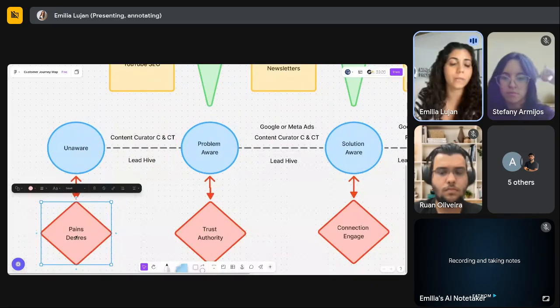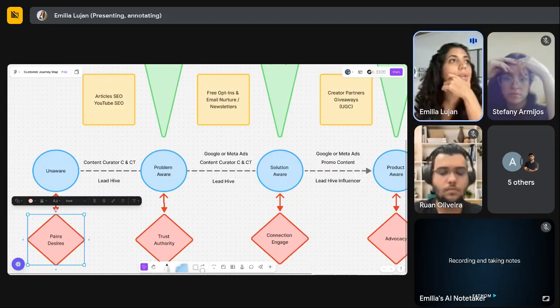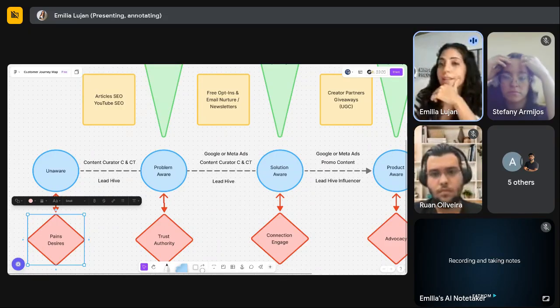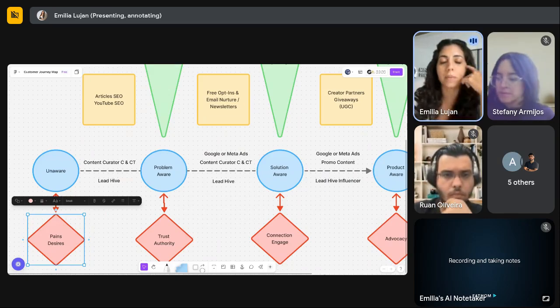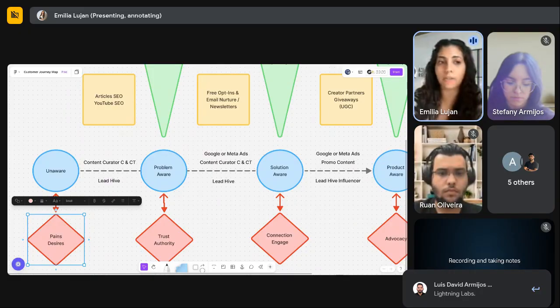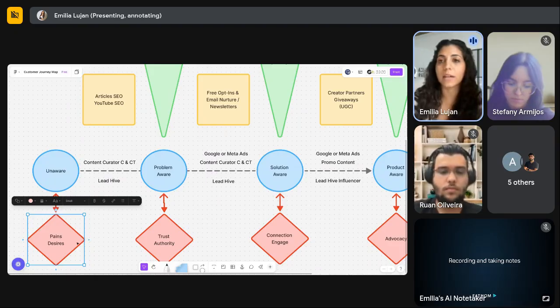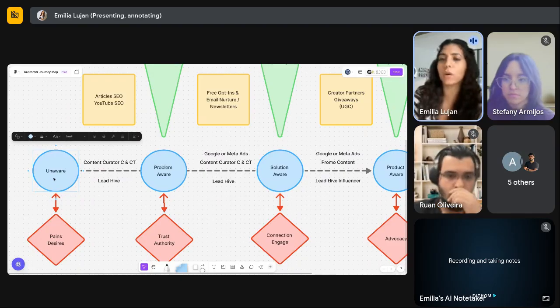So if we're talking about the ideal customer, let me think of a client's ideal customer so I can give an example. Sacred Sites, for example. Sacred Sites is one of our clients, she's an optometrist, an eye doctor, but she does a very specific type of eye therapy that's very new, very innovative. So right now, what we're doing to target their pains and their desires is, well, you're having a hard time focusing, you have a hard time reading, your eyes have pain and you're sensitive to light, right? These are all pains that people have, but they're unaware of what it's coming from.